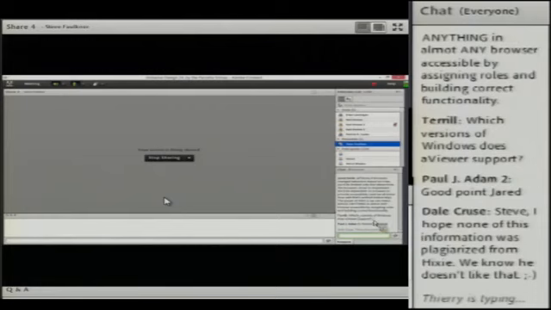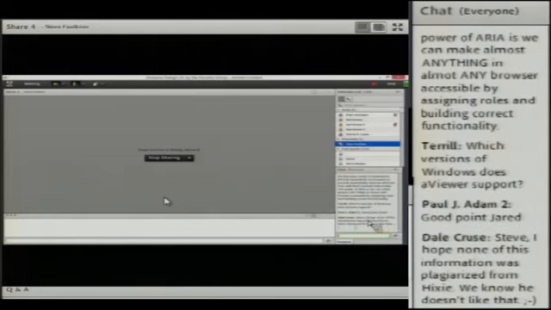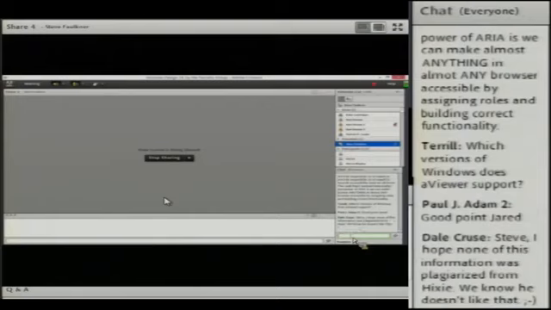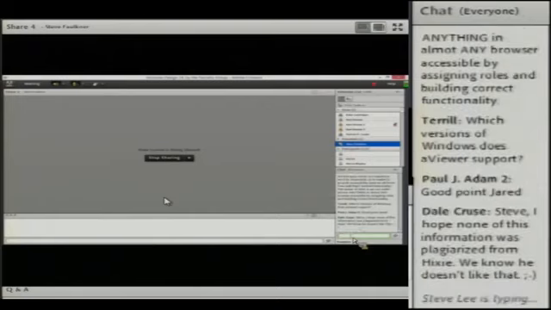One other question we got was which versions of Windows does AViewer support? To be honest, it works in 8.1. It works in 7. It works in 8. I don't know if it works in XP. I think we had it working in XP.